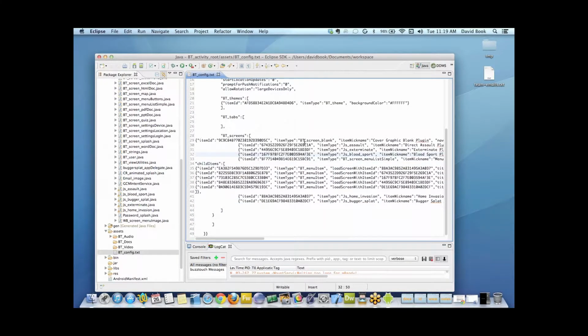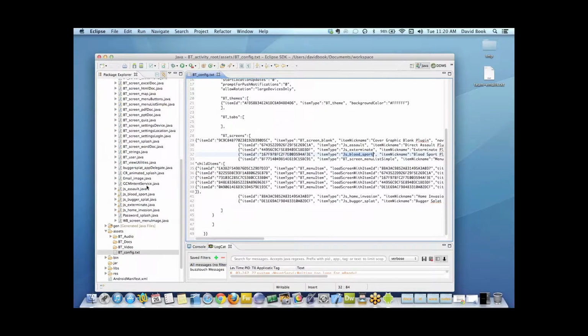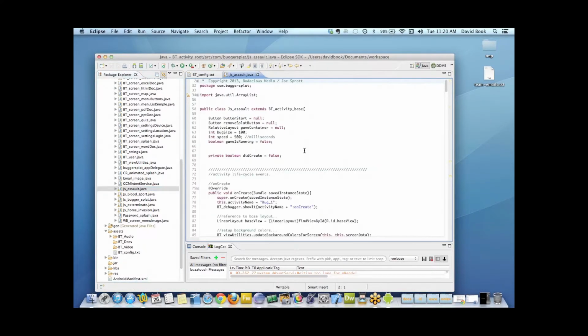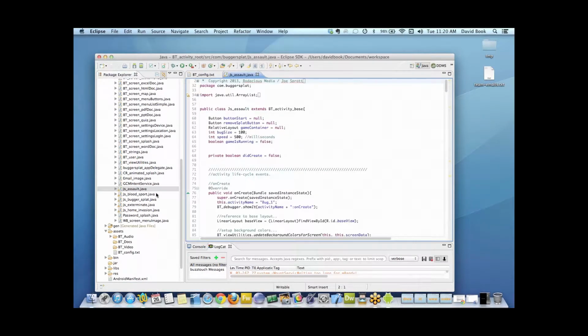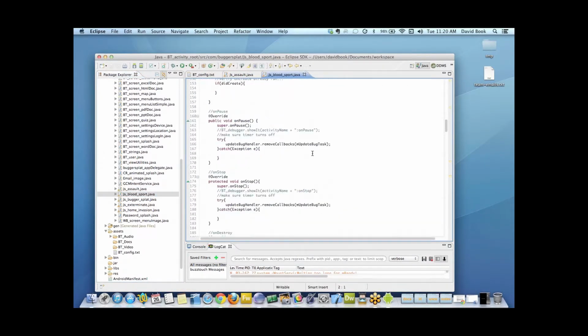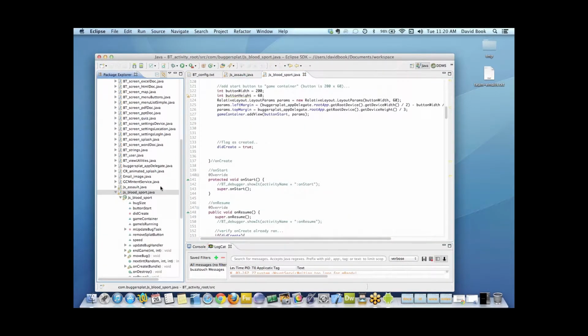Who knows? So in the config data, he's got a blank screen. Then he's got another screen called JS Assault, which is cool. JS Exterminate, JS Bloodsport, awesome. Over on the left, he's got an Assault Screen class, which looks relatively long. Interesting. He's got a Bloodsport class, which looks relatively long. Cool. And if we open up these, you can see